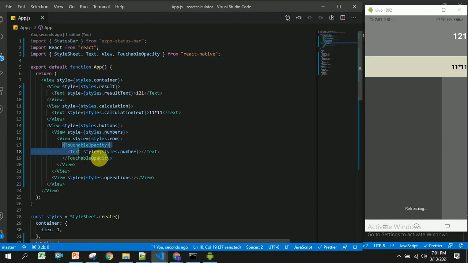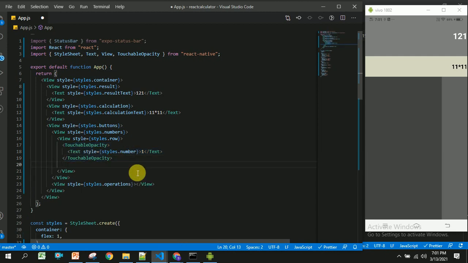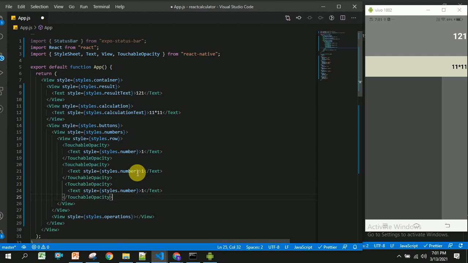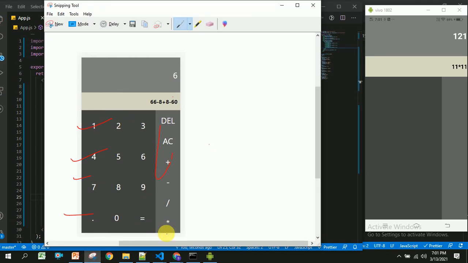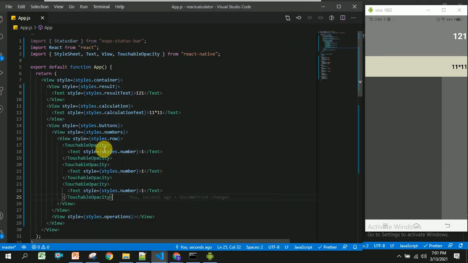Before this, I am going to copy this. Here I am going to place 1. We have around 3 numbers, so I have placed 3 touchable opacity and text. So it will be 2, and this will be 3.